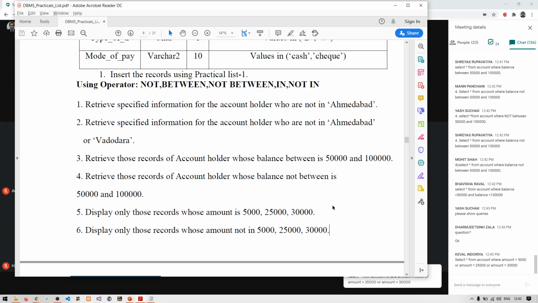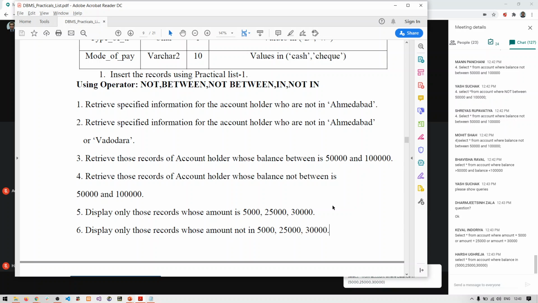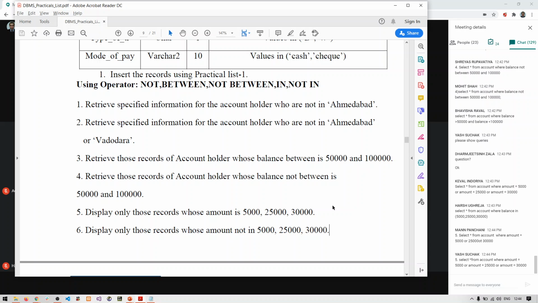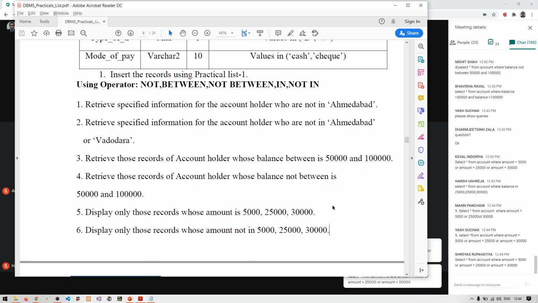Great, Keval, the answer is correct. Either you use OR or you use the IN operator. Great. And in the sixth one, yes, Mun, no, the answer is wrong, sorry. Mun, select star from account where amount equals 5,000 or amount equals 25,000 or amount equals 30,000.